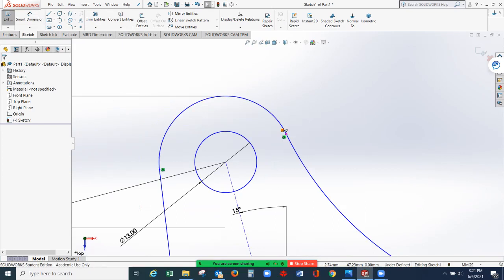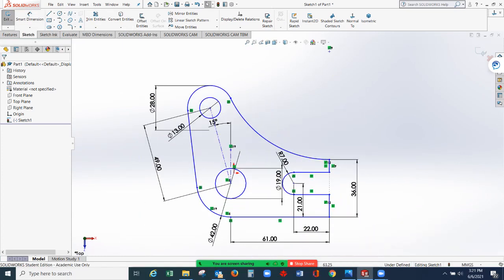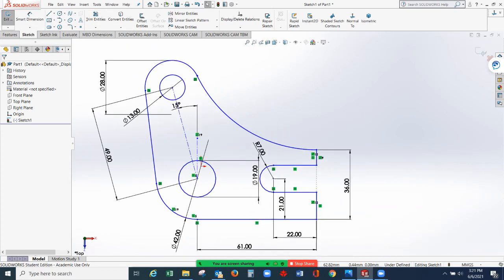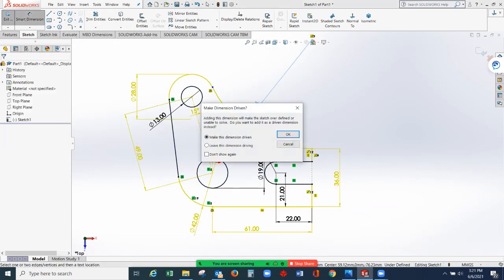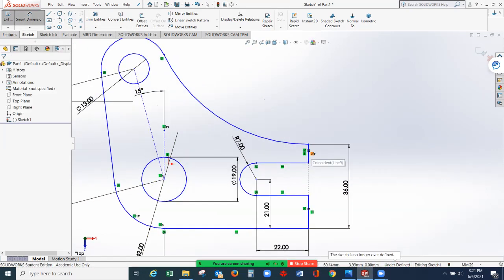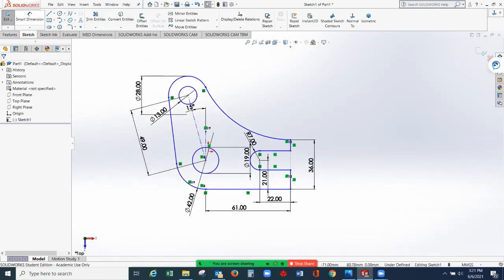Okay, delete this one. So what we need at this point is the tangent line only. So let's try. We can now give the smart dimension as 67 here. So still there's a problem. So we delete some of the relations here: collinear, vertical, coincident. So delete this coincident relation. Then try with 67.